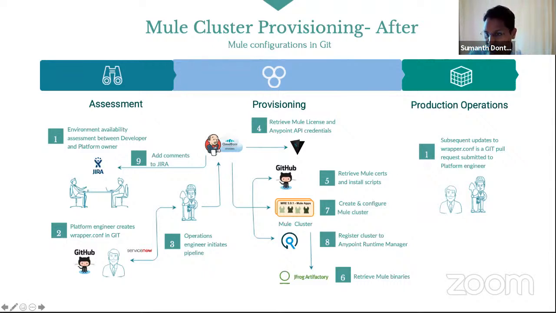And as I said, once this is done, there's a Jira associated. There is a version of what's deployed in Git. That is the wrapper that was configured on the server. And from there on, any changes you need to do, configurations get updated, and then a pull request gets raised, and that's how the cycle continues. And at any point in time, we can go back in history and verify what changes have happened. So this is the one use case.